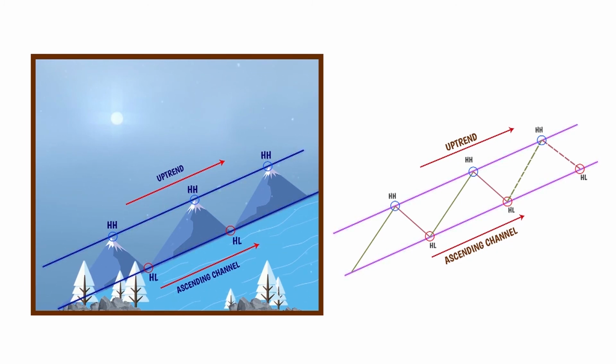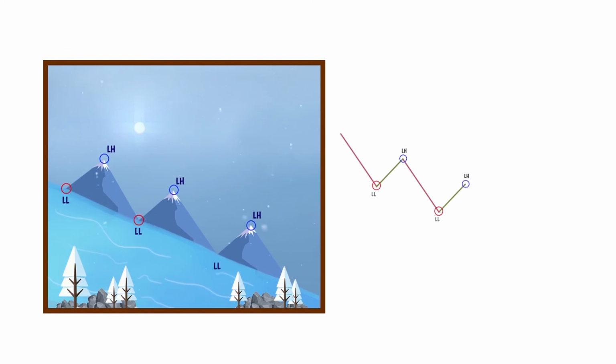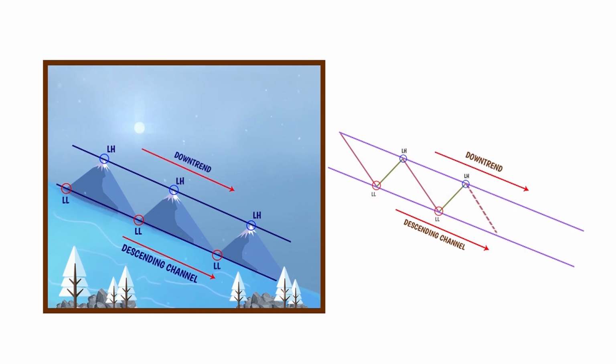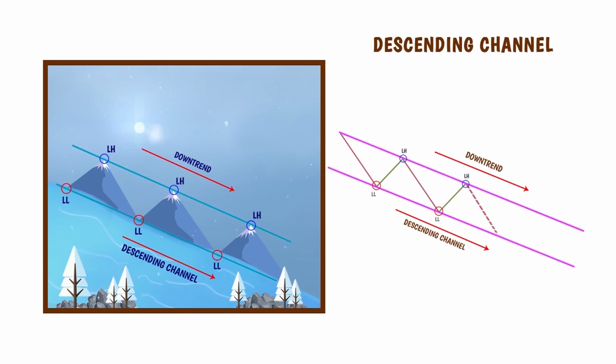Similarly, when a price creates lower highs and lower lows, the two lines drawn parallel to each other connecting the lower high pivots and the lower low points create a descending channel, as prices are moving in a downward direction. Again, the chances of prices staying in this range are high. Once the price hits the upper channel, it signals a warning that the price will move back down towards the lower channel.